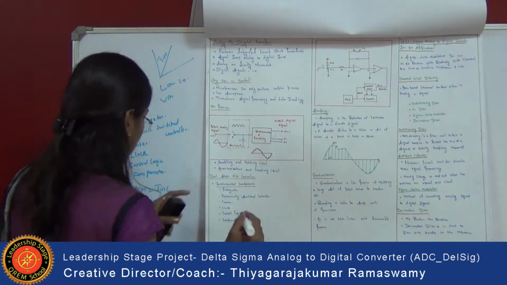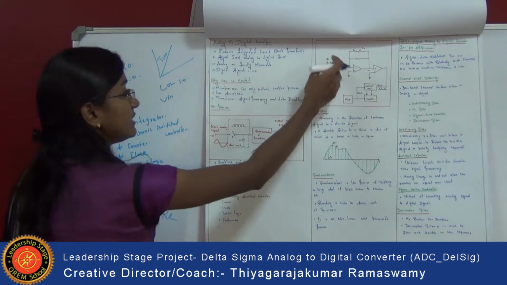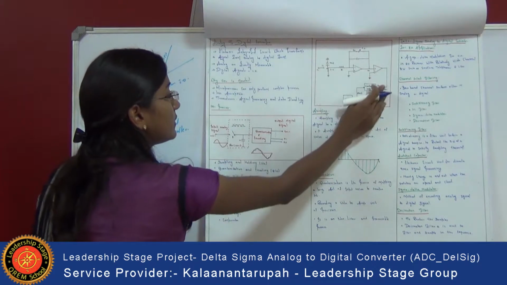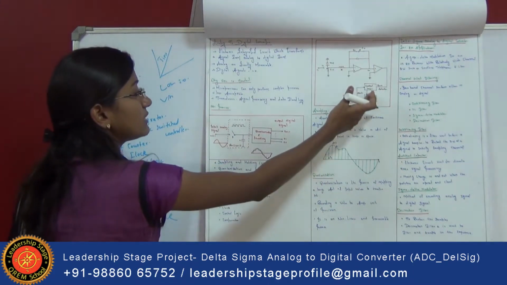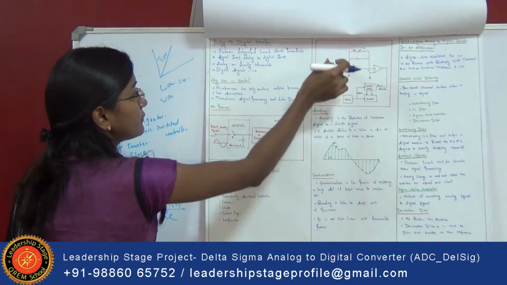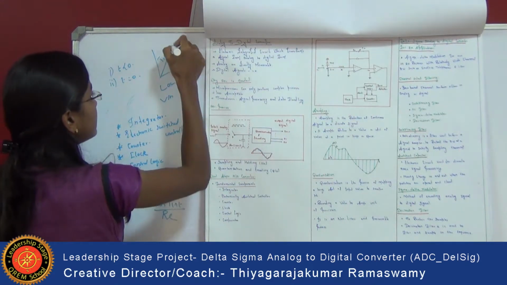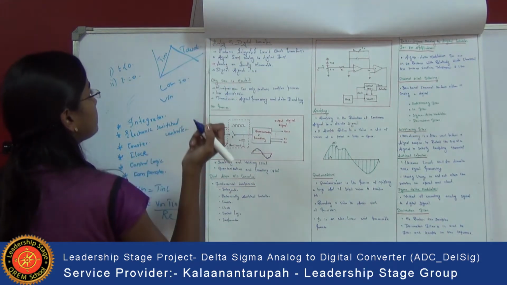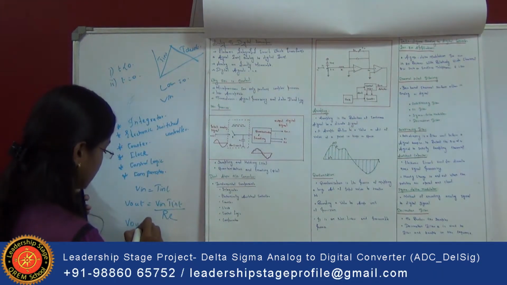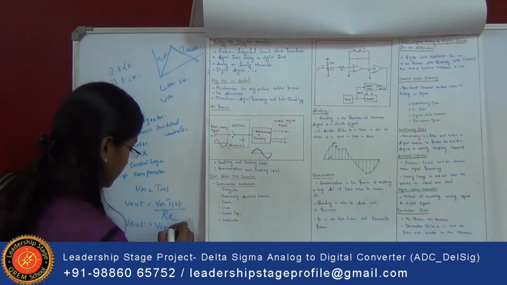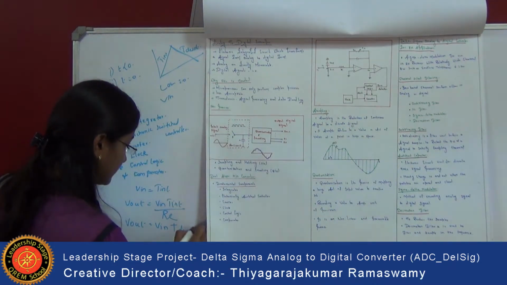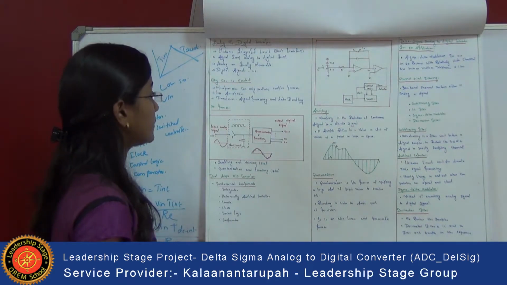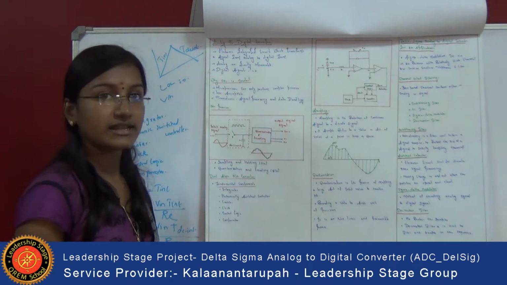And once you apply the V reference voltage over here, S1 gets closed and S2 gets opened, and the voltage level passes through the whole circuit, where again the counter starts counting the clock pulse. For this V reference voltage, it starts de-integrating. So the output will be like this. So we will get the output as V out equal to V in T de-integration divided by RC. So by using this circuit diagram, we can integrate and de-integrate the waveform.